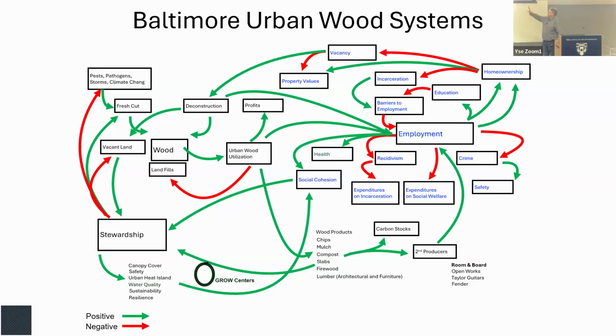And in doing so, on the left-hand side, I knew a lot of the wood pieces for this. I led this team, but I didn't know the whole employment part. And we put together the financial model of what happens when we reduce recidivism, what happens when we keep things out of the landfill, so we stop treating people and places and materials as waste. This is not only a systems diagram of how all the parts of this complex system interact, it also gives you an idea of what the organizational network needs to be to make this stone soup, and it's also a data model, and a financial model.